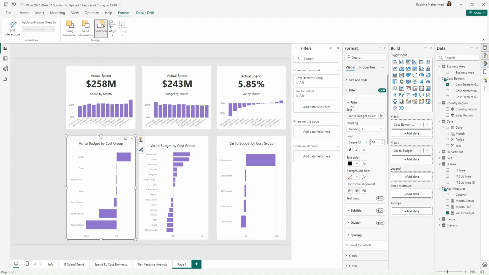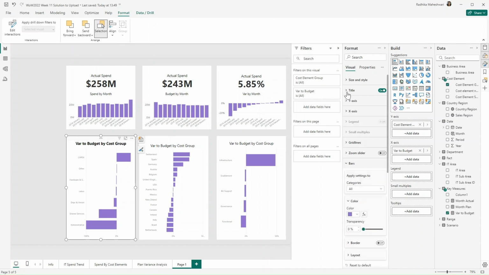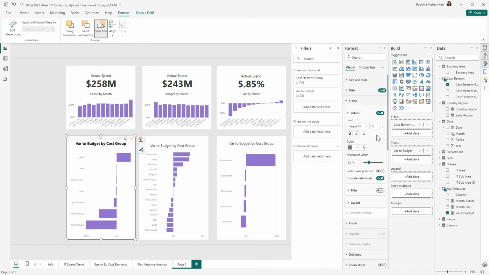So I'll increase the size of the title, put it as bold. For y-axis values, I'll again increase the size, choose a black color, and maximum width is 50%.